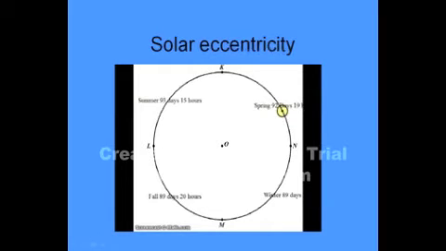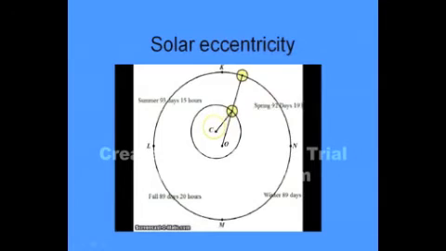Well, maybe the sun just seems like it's moving faster because, and this is sort of pretty dramatic considering they came up with this in BC times, perhaps the sun only seems to be moving faster because the Earth is not located at the center of the ecliptic circle. So what if